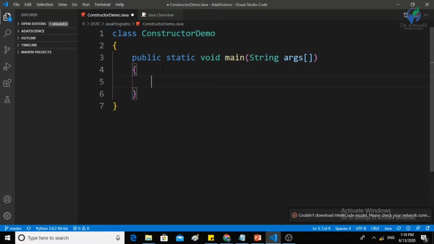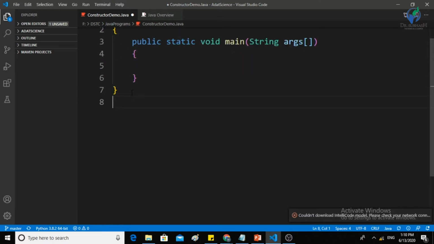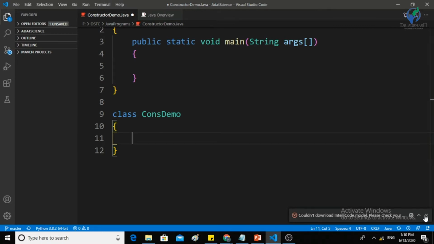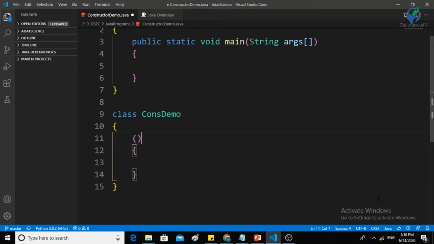Now we want to define a constructor. We will define a class, let's say ConsDemo. Now let's go to the rules of the constructor. A constructor is nothing but a method, so we'll define a method like this. What should be the name of the method?